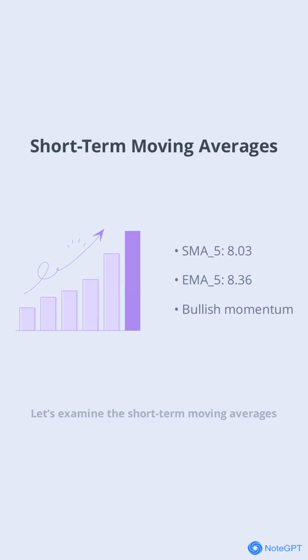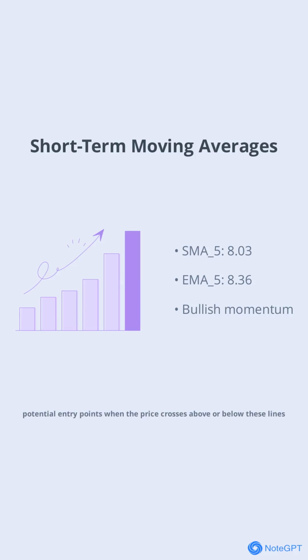Let's examine the short-term moving averages. The 5-day simple moving average (SMA) stands at 8.03, while the 5-day exponential moving average (EMA) is slightly higher at 8.36. These values are both below the current price, indicating recent bullish momentum. Short-term averages are useful for identifying immediate trends and can signal potential entry points when the price crosses above or